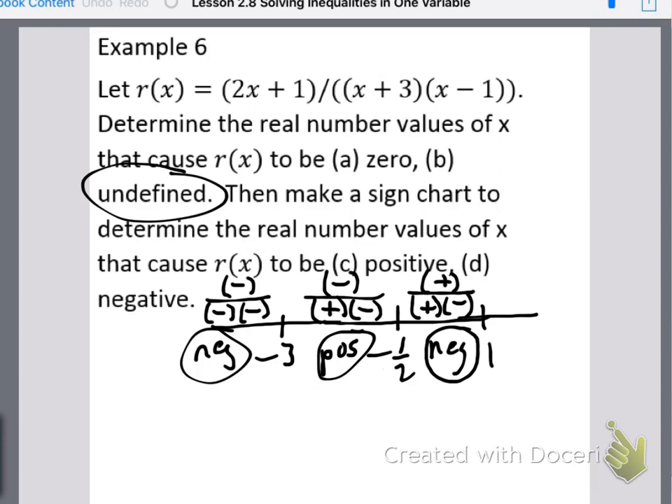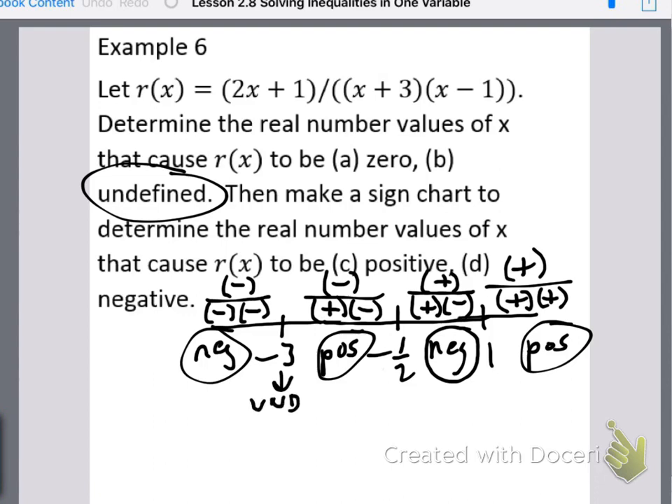And then, lastly, numbers greater than 1. If you pick 2, you'd get positive on top, positive, positive. So everything's positive, which means you have a positive here. Now remember, at -3 the function is undefined. At 1 the function is undefined. And at -1/2 the value of the function is 0. So when we write our answer,